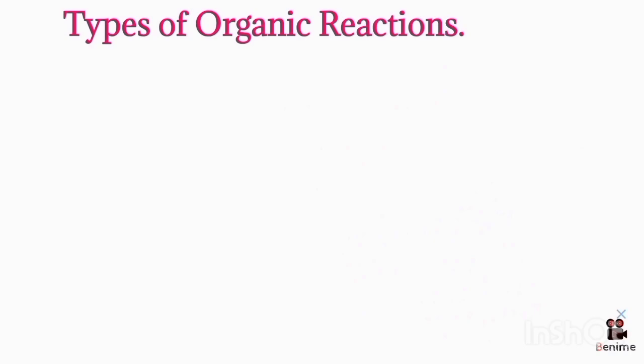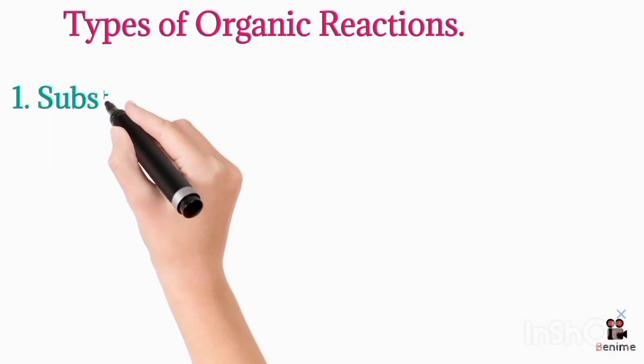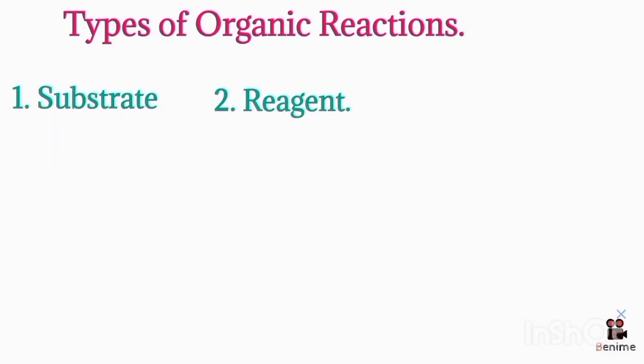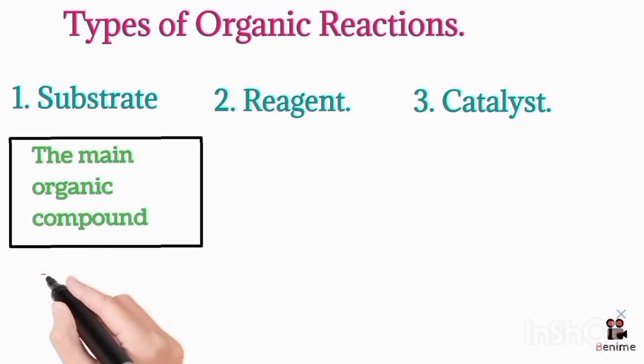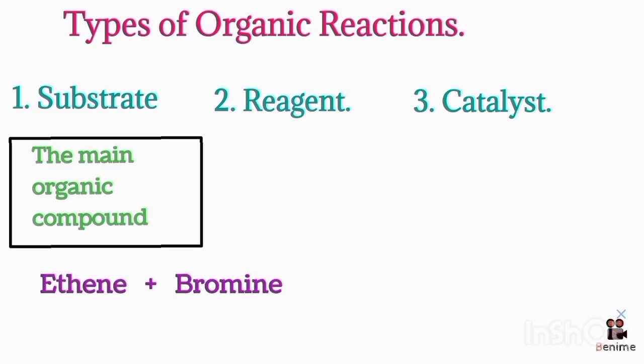Now, let us begin. Organic reactions mainly involve three important terms. Number 1, substrate. Number 2, reagent. Number 3, catalyst. Now let us discuss these one by one. Substrate. In simple words, the main organic compound that undergoes chemical change during a reaction is called substrate. For example, in the addition of bromine to ethene, ethene acts as substrate because the reaction occurs on the ethene